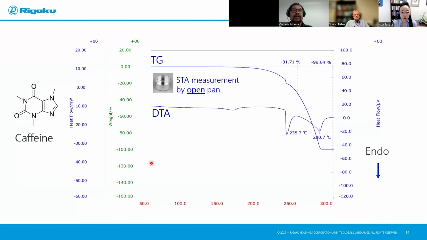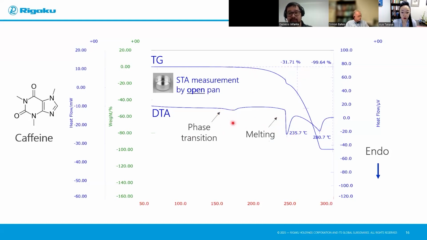As a case here, we have caffeine. This is the TG data on top and the DTA data on the bottom. First, you should notice that there is a phase transition at about 160 degrees C, and an endothermic event associated with melting at about 235 degrees C, and decomposition. I know that this is a decomposition based on the TG data. So as you can see right here,